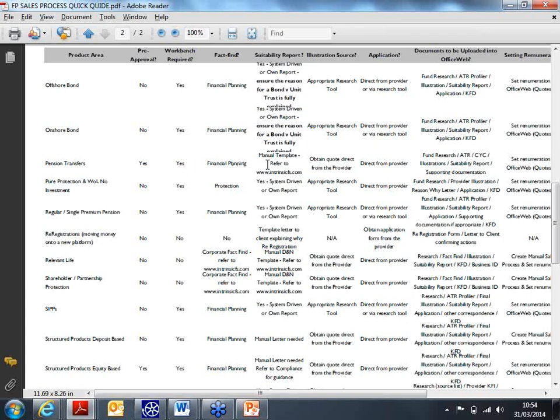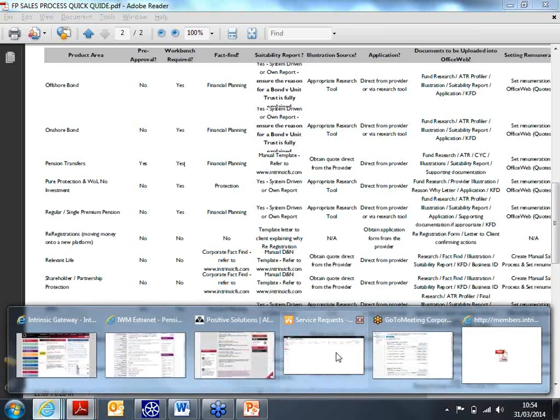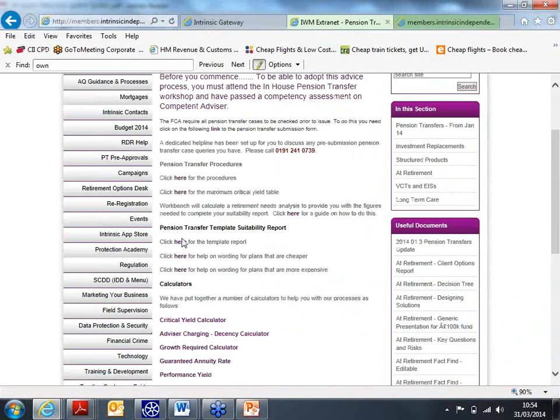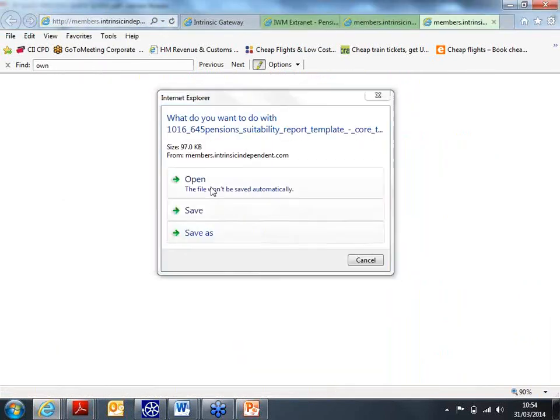Now in terms of the suitability report, I don't know if you've noticed, but you will not be able to use the financial planning suitability report purely because it doesn't at the moment link to the Officeweb system. So it will allow you to go into it on the workbench system. However, when you come to save it, it won't actually save across to Officeweb. So you can click into the financial planning suitability letter, but our guidance would be to just close that down straight away. And then if you do go back to the intrinsic extranet, as you can see, you've got the templates here for the suitability letters. So the main suitability letter template,